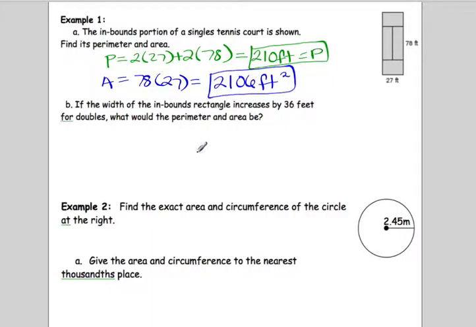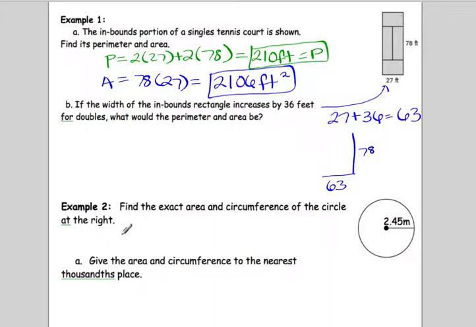Part B says if the width of the inbounds rectangle increased by 36 for doubles, what would the perimeter and area be? This means that the width here, this 27, needs to increase by 36. This would give us a new width of 63. We're going to keep the same length, which was 78, but we're now going to have a width of 63